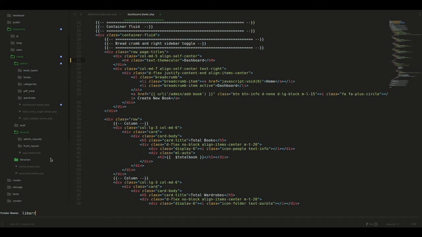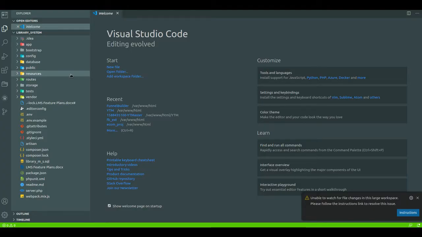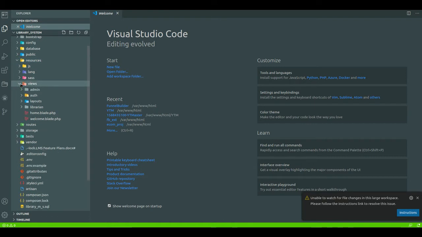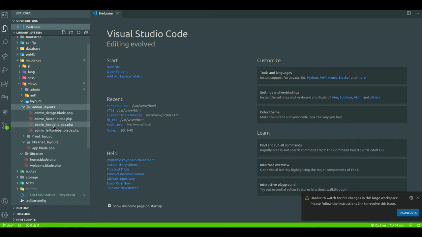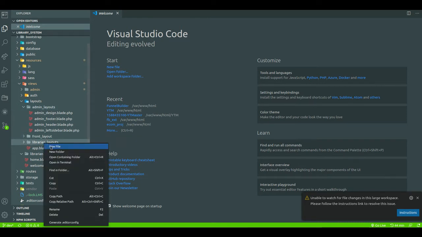Okay, I will switch from Sublime to Visual Studio Code. Switching is done. So in that folder we can see the views, then librarian, and that layout. In that layout we need librarian layouts. The same files are there: admin design, admin footer, admin header, and admin left sidebar. All we need.